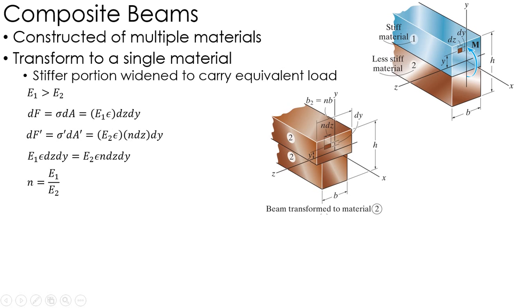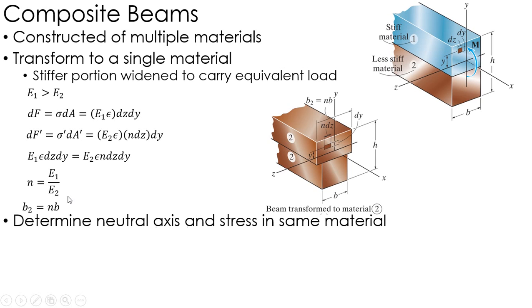Lots of things go away, and we get that value n that we're looking for, which is a ratio of the stiffnesses, the Young's modulus. Then I can find the new length of the stiff portion, which has now been transformed into the less stiff material, as B2 is n times B, where n again is that ratio of